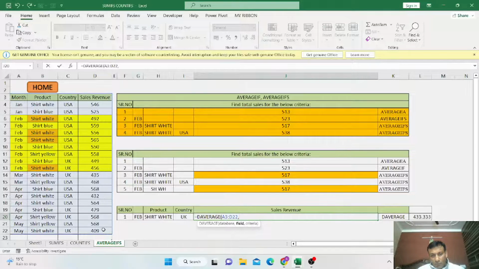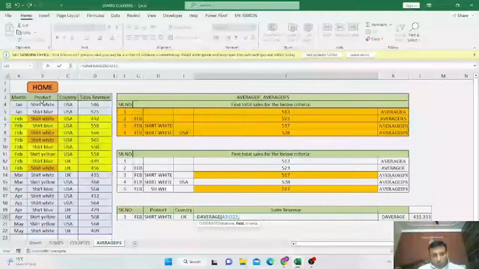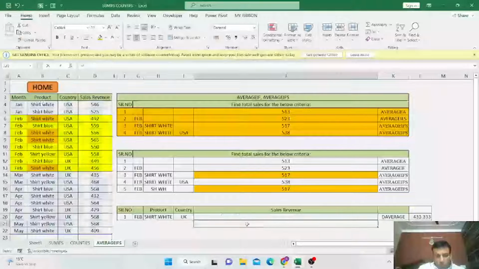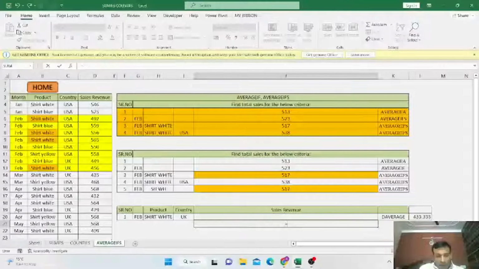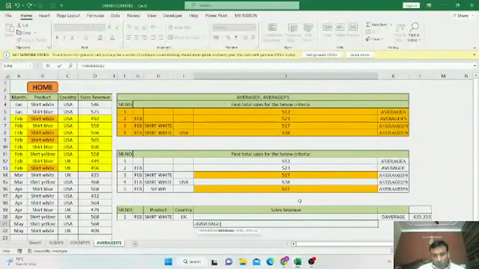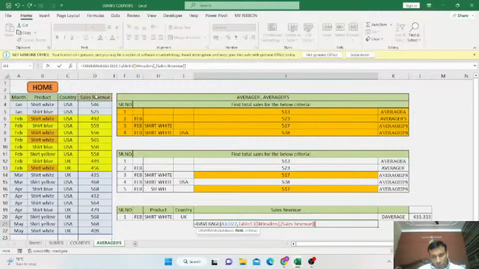Database, field. I have to use this over here because I need to select the database, revenue, then the criteria is